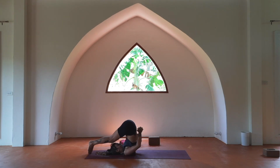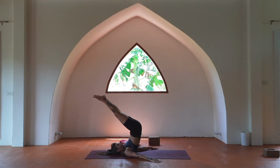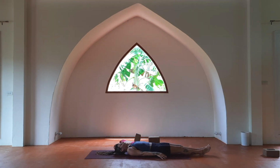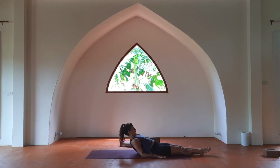Exhaling halasana, interlace your fingers and bring down to the mat. And slowly come up and use your hands as support to bring your whole spine down very slowly and gentle. We move into Matsyasana fish. So bringing your elbows near you, we lift and drop the top of the head down into the mat. Exhale, come down